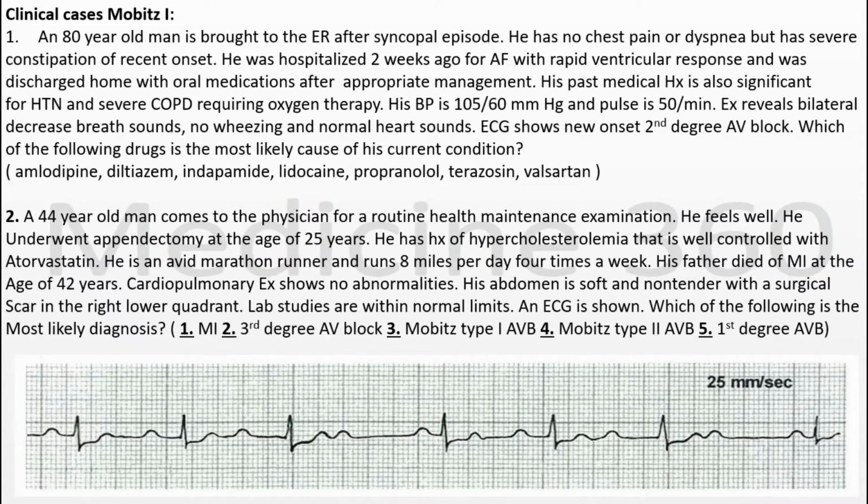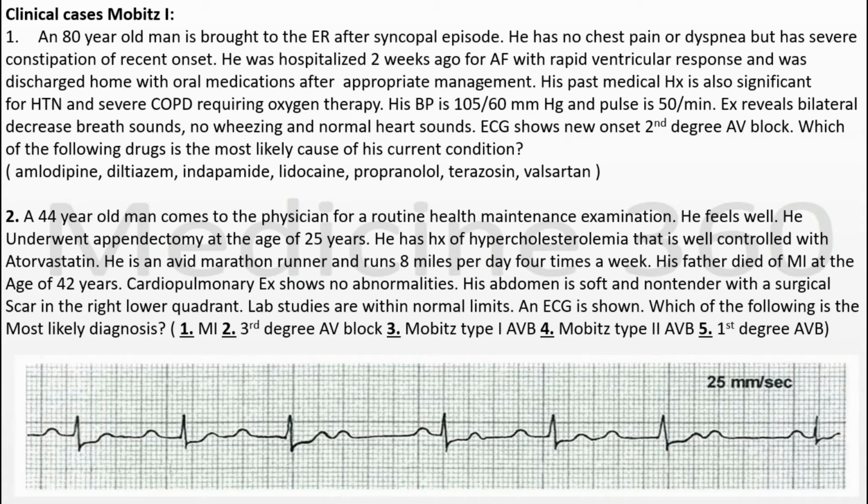At the end, we will discuss the clinical cases related to Mobitz type 1 heart block and Mobitz type 2 heart block. First, we will discuss the first scenario. An 80-year-old man is brought to the ER after a syncopal episode. He has no chest pain or dyspnea but has severe constipation of recent onset. Was hospitalized 2 weeks ago for atrial fibrillation with a rapid ventricular response,